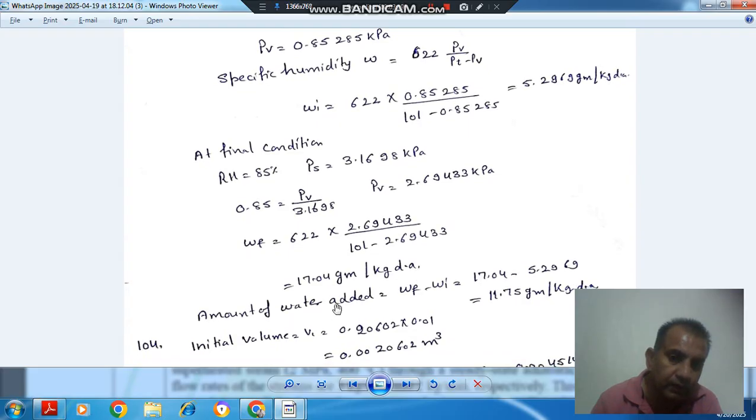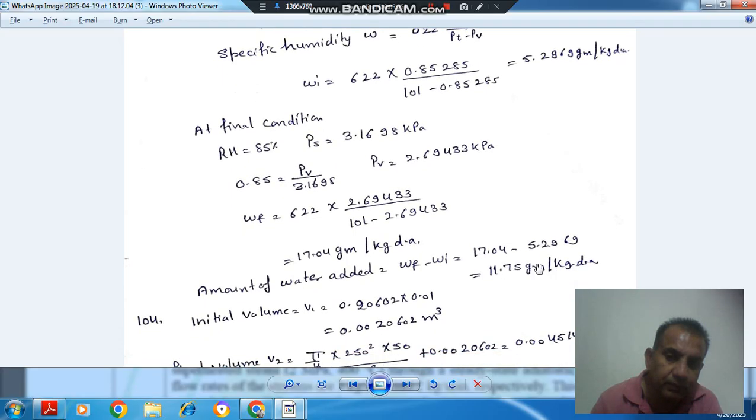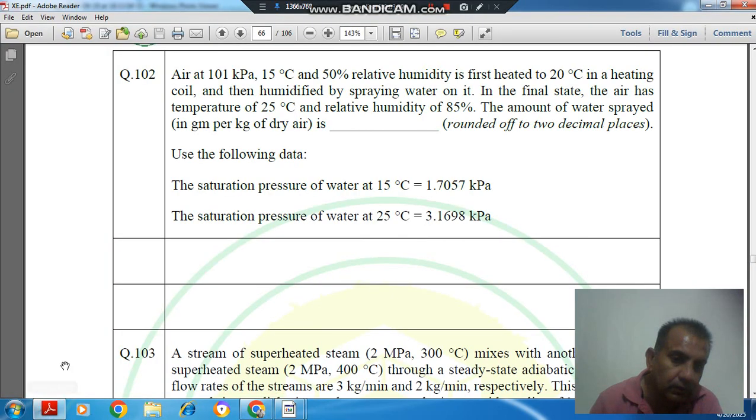So the amount of water added is omega F minus omega I, which is equal to 11.75 gram per kilogram of dry air. So the answer is 11.75 gram per kilogram of dry air. That is the final, and that is the initial, we just have to subtract. As it is asked, the amount of water supplied in gram per kilogram of dry air, so that is